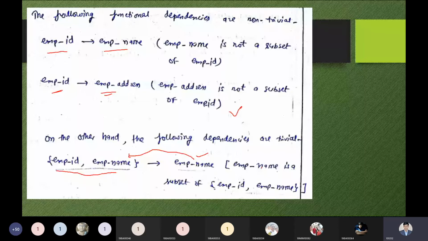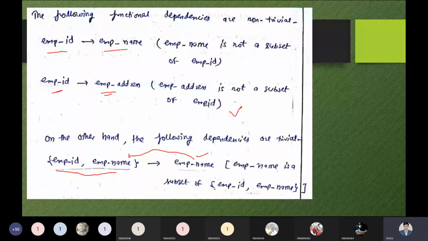Now here we have to read some important terms which are an important part of understanding multi-valued dependency. So the first point is that multi-valued dependency occurs when there is more than one independent multi-valued attribute in a table. You have to remember the keywords: more than one independent multi-valued attributes. This kind of dependency is applicable where you have more than one independent multi-valued attribute.